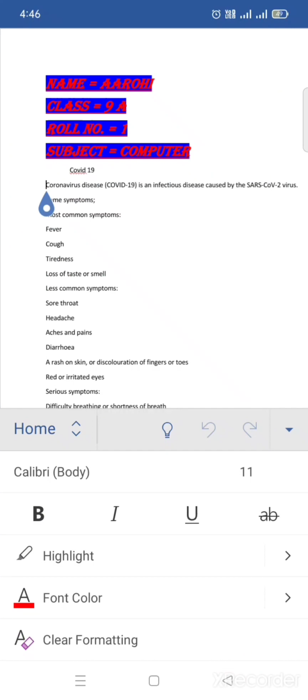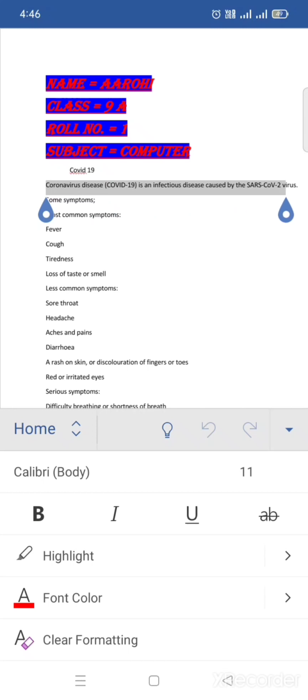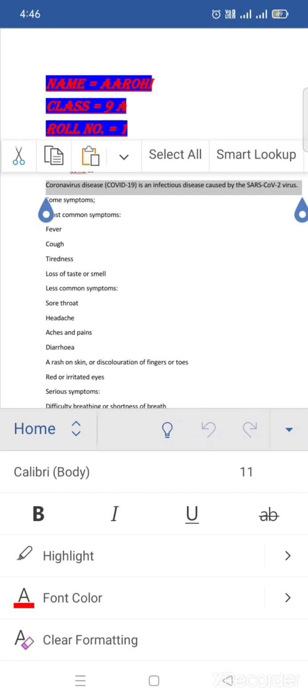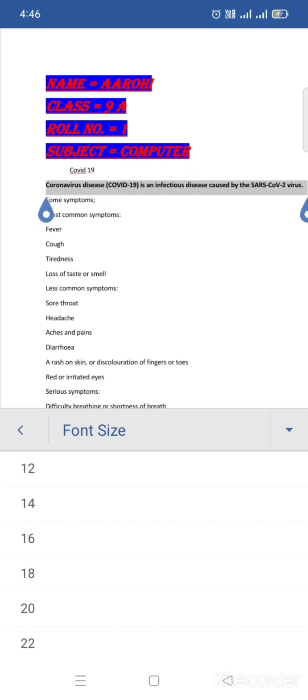I have written the text, and now I am going to edit it by using different groups in the home tab. First of all I am going to select the text which I want to edit. And now after that I'm going to change its size, its style and color.